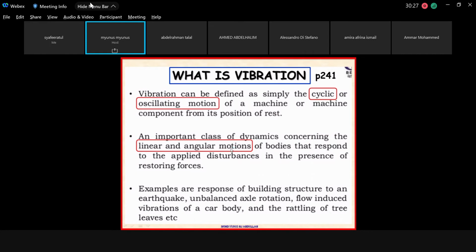As you all know, the linear will be the straight line motion, x and y axis, and the angular will be a part of that, basically the pendulum representing the angular, and also the shaft and also the rotor. Okay,